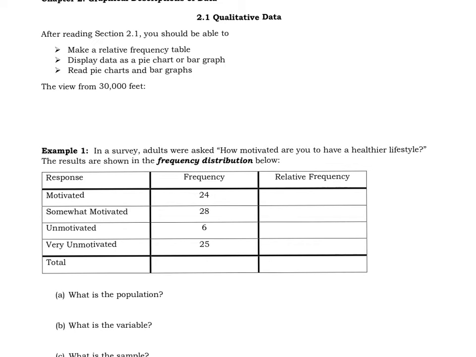Right, in section 2.1, we are going to be looking at ways to represent qualitative data graphically and sometimes in charts as well. So in this section, we're going to find out that qualitative, and remember again, those are the like categories of data. Yes, no, male, female, refuse to say, whatever. So qualitative variables can be described